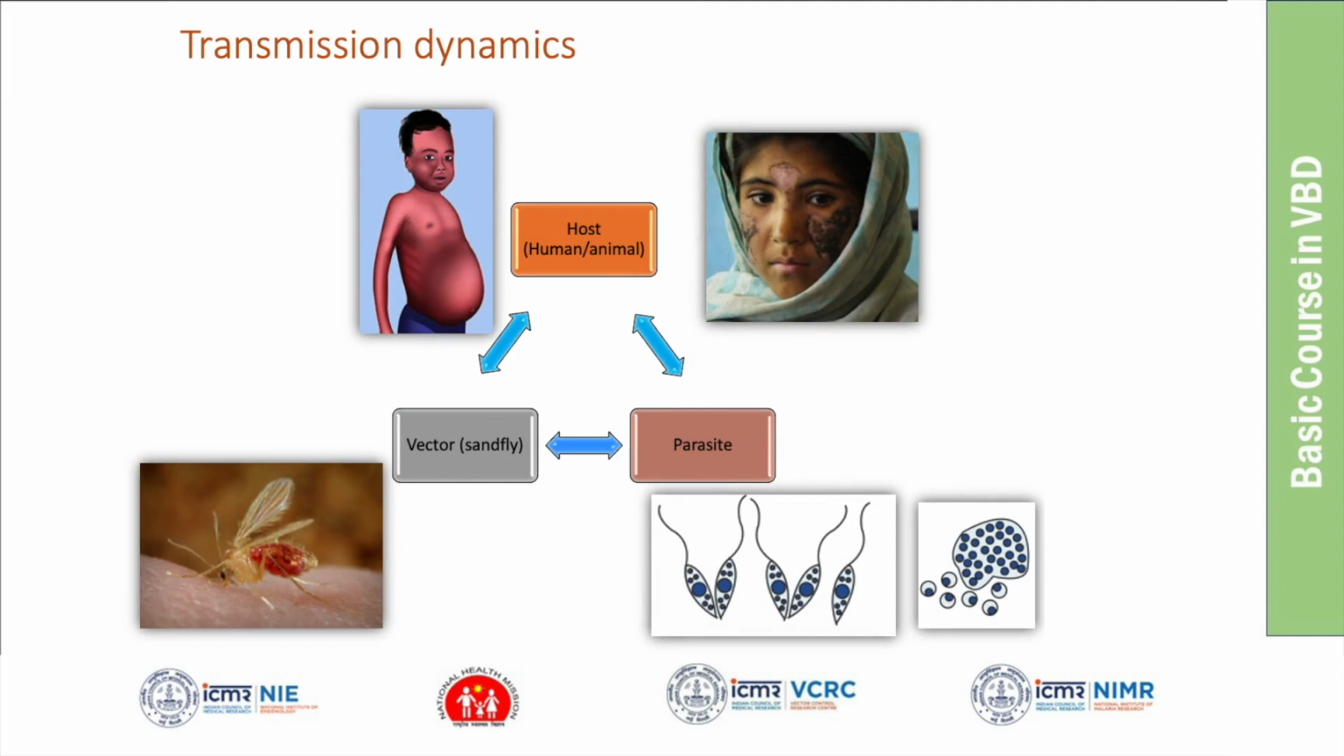Here we can see the transmission dynamics. Transmission dynamics depends upon three factors. One is host factors, another one is parasitic factors, and the last one is vectorial factors. Host factors are